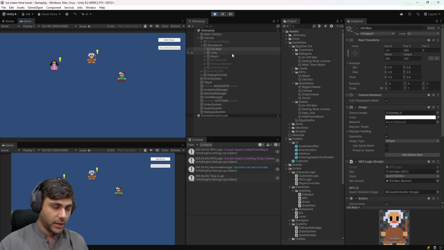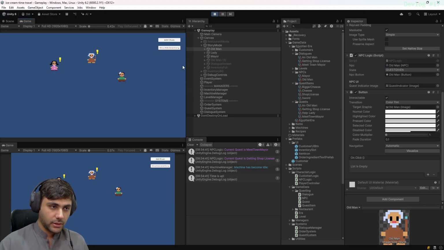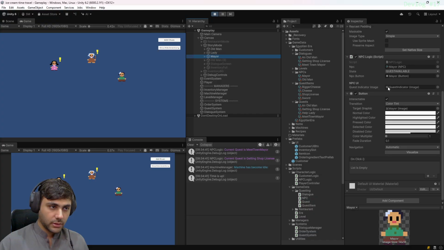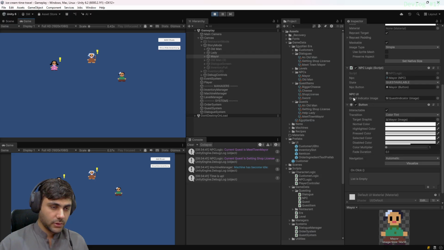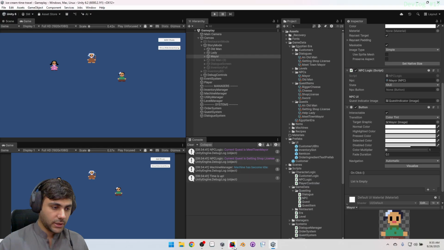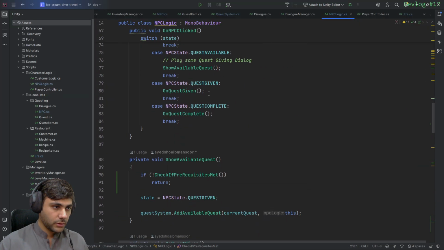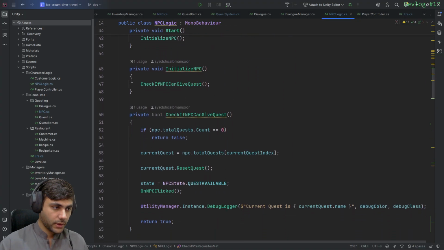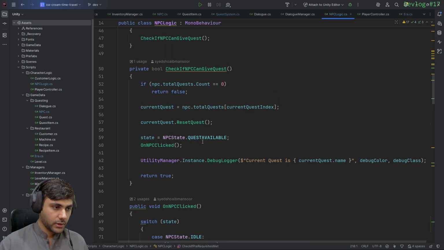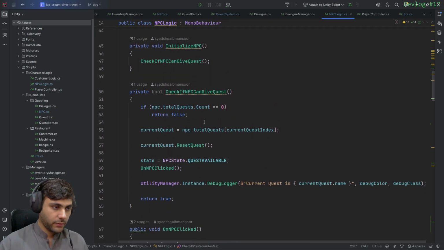So it did not add any... set to quest available. Should be set to various quest available. Quest is available if